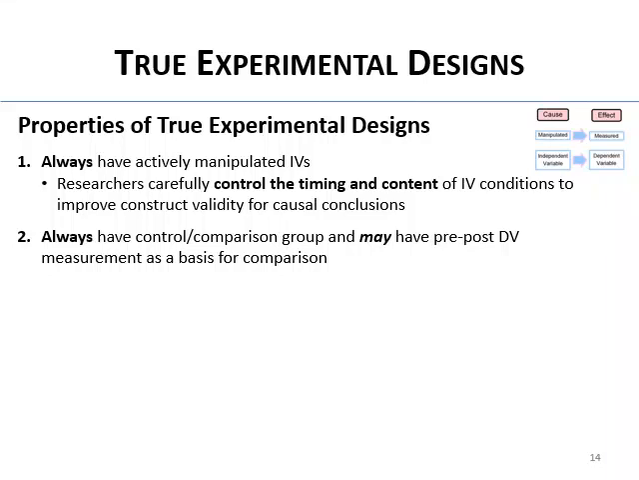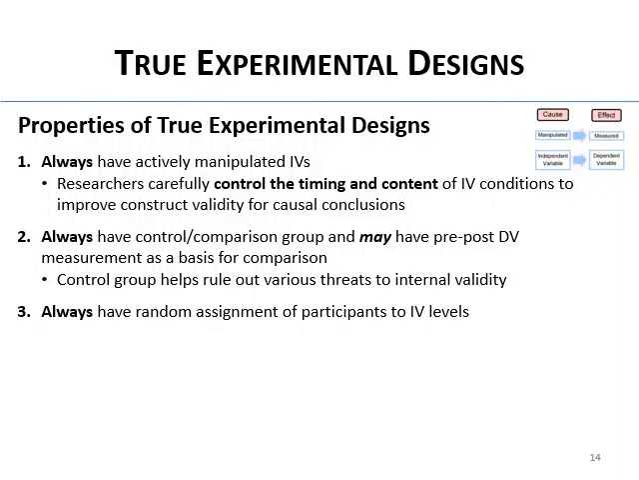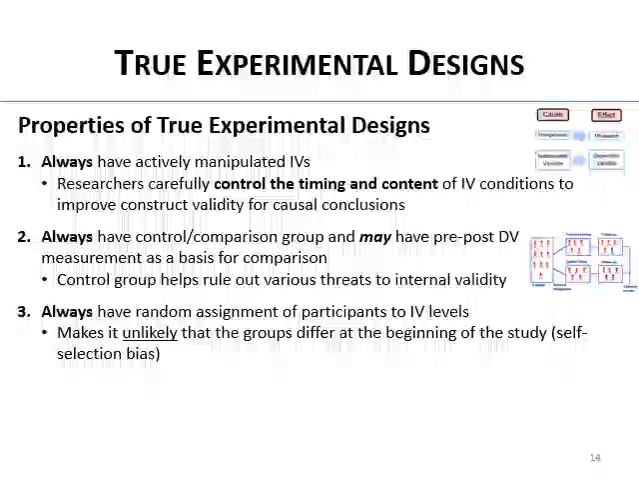So sometimes they have before and after designs as well. The control group helps rule out various threats to internal validity. Having that group is useful. They always have random assignment in true experiments of participants to the IV levels. So it makes it unlikely that the groups are going to differ at the beginning of the study due to